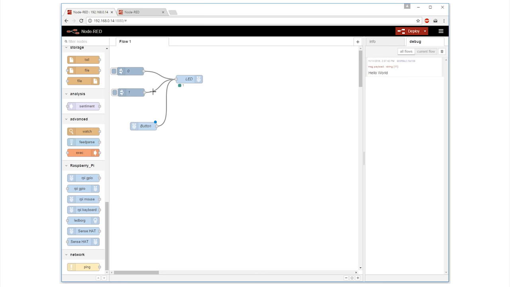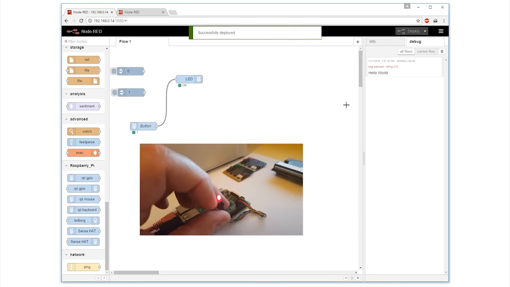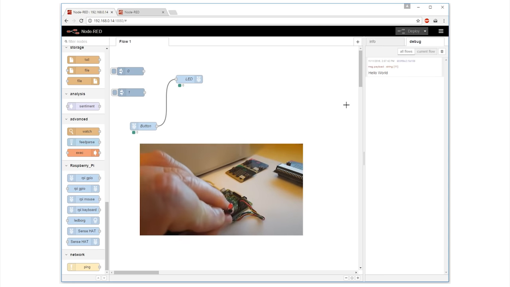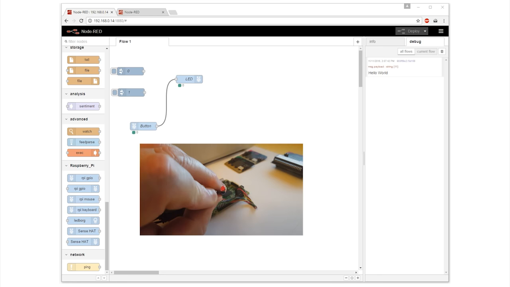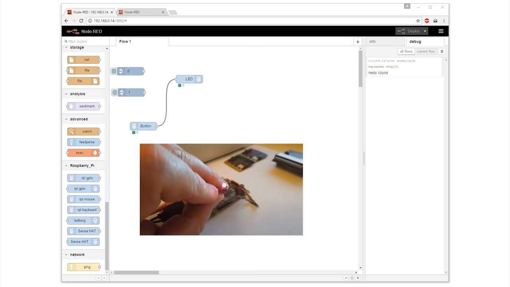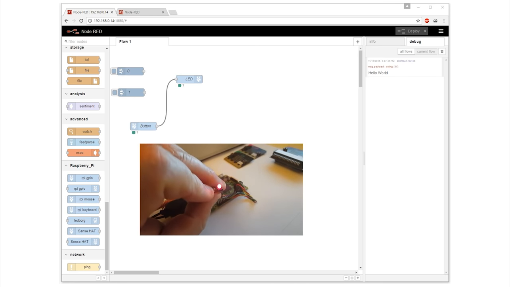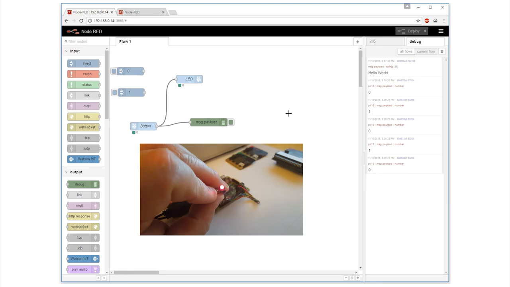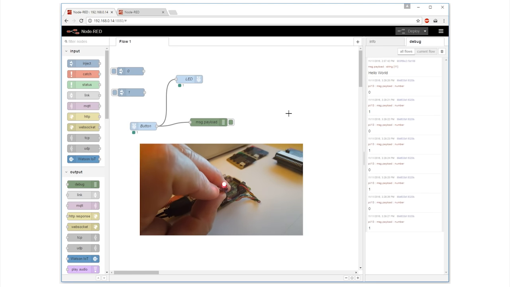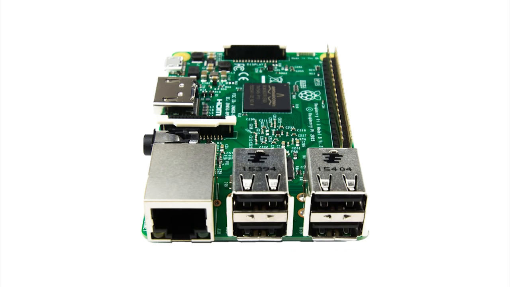The blue circles disappear, and if I can get my gnarly old fingers around this little header, I can show you the LED going off as I press the button. And the little indicators also showing up beneath the nodes on the screen. Just for good measure, we can add a debug node. Deploy and Shazam! Although this is trivial, it fulfills the first part of our IoT requirements: input, output, to and